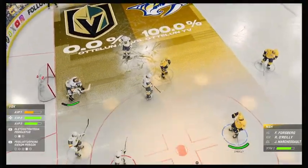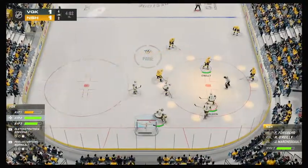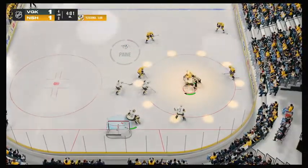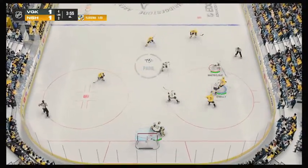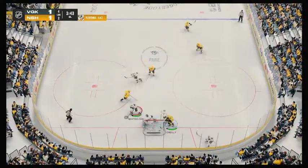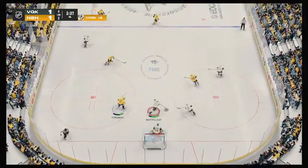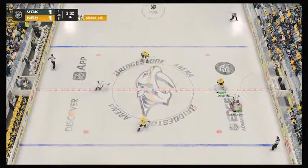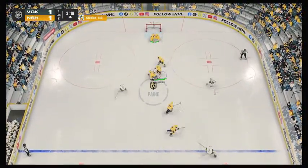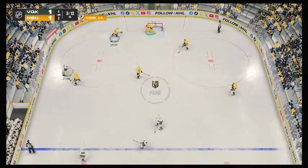Well, I really like them working off the 1-3-1 sequence that they were successful on earlier, James. It really opens up the ice. You're using and stretching the entire zone. And listen, there's a lot of ice for the defense to cover. So you can look to the flanks, you can look to the bumper, but a lot of options off of it. And that's intercepted by Whitecloud. Tries to feed it over to Carlson. Moves inside! Nashville's got...